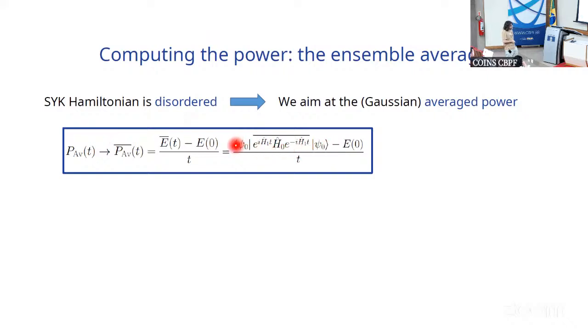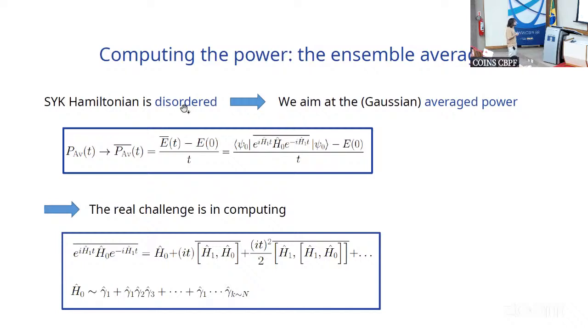And it's not hard to realize that psi naught, since this is the ground state of the battery Hamiltonian, is independent of the disorder, doesn't depend on the disorder. So all the disorder average boils down to this term. The real challenge is in computing the ensemble average of this crocodile, in which you can do a